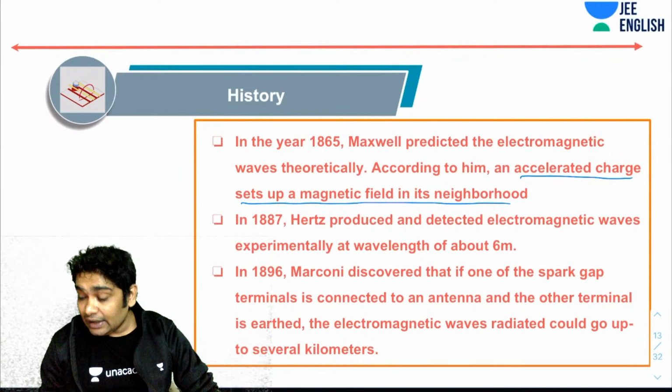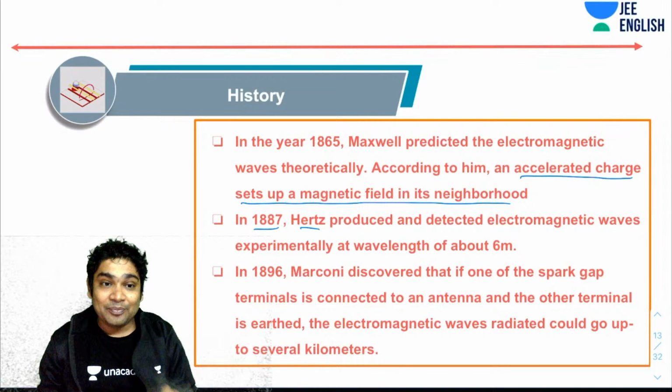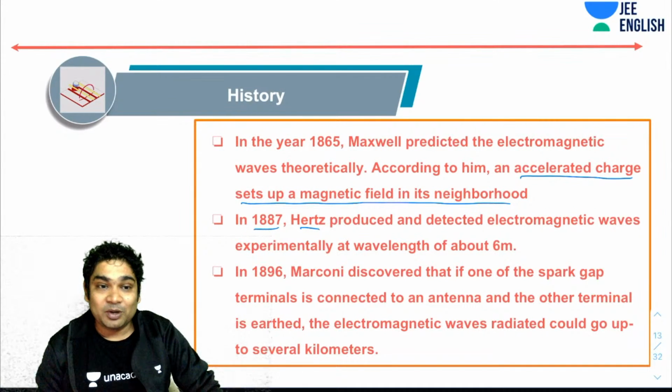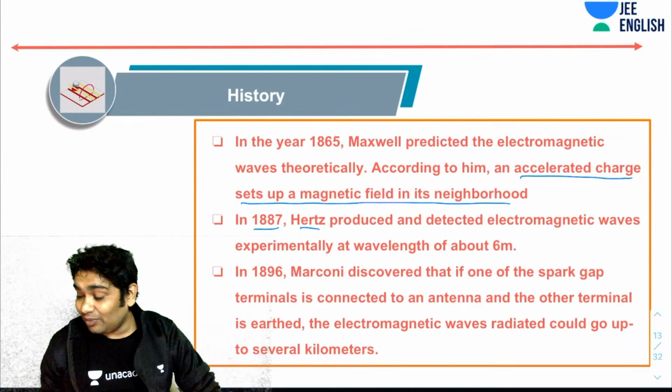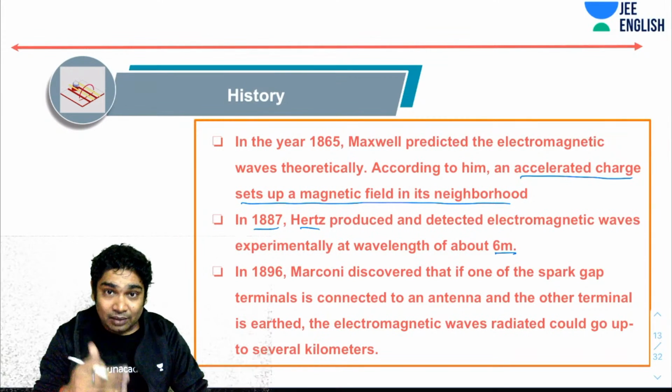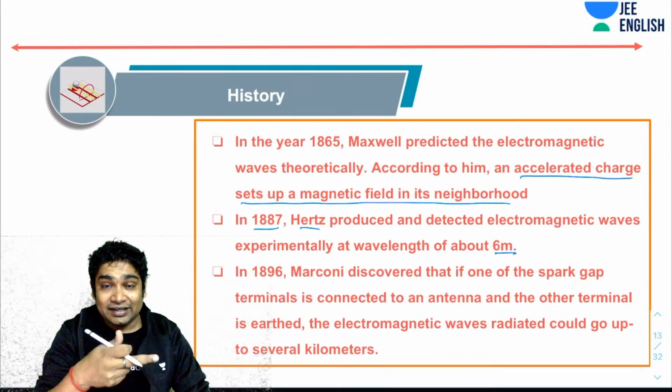Now, in 1887, Hertz actually produced these waves in a lab using LC oscillations. So that was a very interesting experiment. Maybe you can read up about it. Hertz actually produced and detected EM waves experimentally with a wavelength of about 6 meters. So he had an LC oscillation setup where the charges are oscillating constantly,